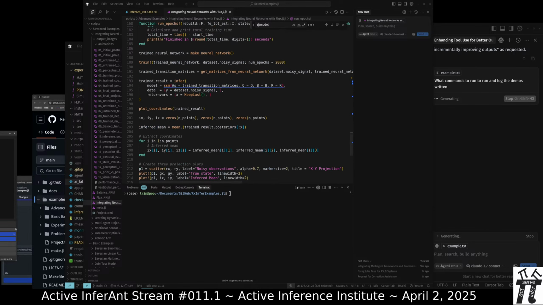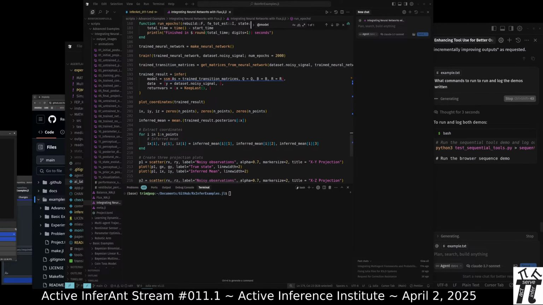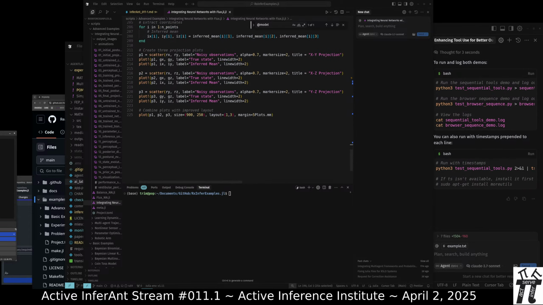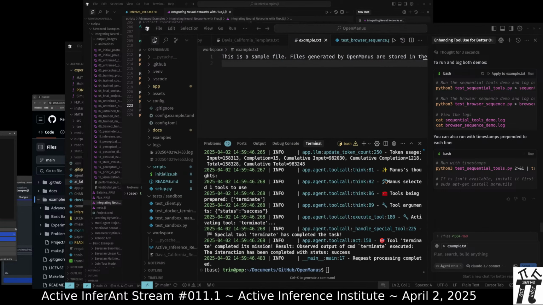So using just a ton of parameters, throwing it at the problem, training the neural network. Okay.